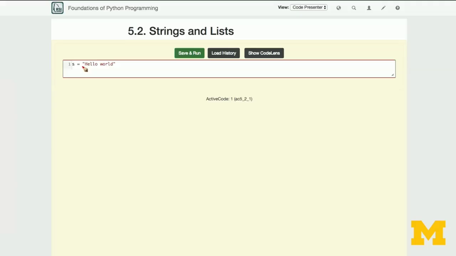I create a string by starting with either double quotes, or as I'll talk about in a little bit, single quotes. And then inside of those quotation marks, I put the content of the string. The content of the string is a sequence of characters or letters. So in the case of this string, the first character is capital H, the second character is lowercase e, and so on. And in this string, we have exactly